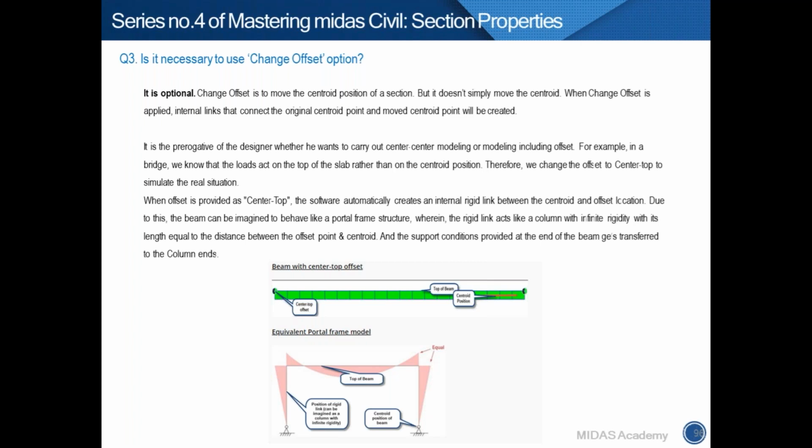So in the graphical view, the section is just moved with some eccentricity length, but in another view, the software will make a structure that has elements with a link between the original point and the moved point like this. So as shown in the figure, the software calculates the analysis with the internal structure condition.